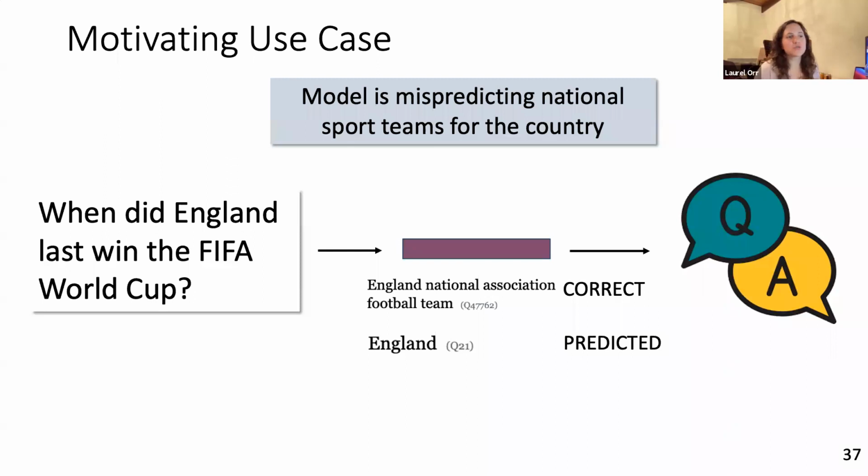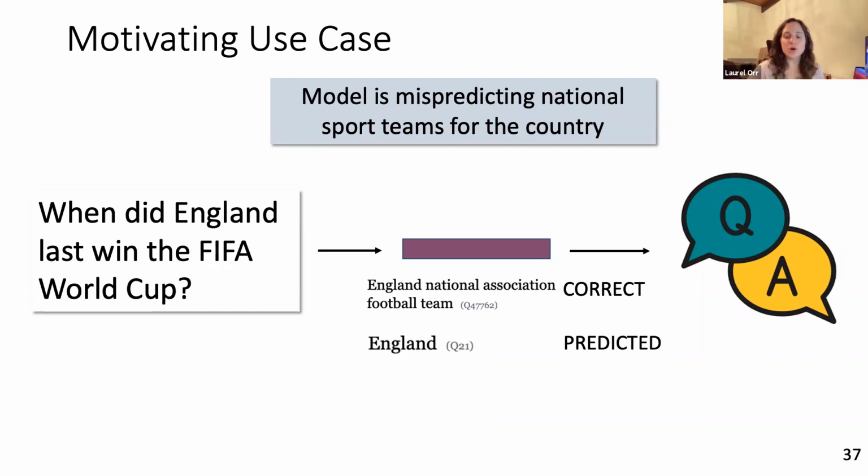And so we're left with the question: how do I fix this error? If you're in production, you have to be able to patch errors. One solution would be to just fix up the QA model. There are existing techniques, which I'll talk about next, for how to patch models. So why don't I just patch the QA model itself? The fundamental problem with that approach is that it leads to inconsistencies across products. As a user, when you interact with Siri, for example, you may get different performance or different answers than when interacting with some other Apple product. And from a company's perspective, this is really problematic because you get inconsistent performance.